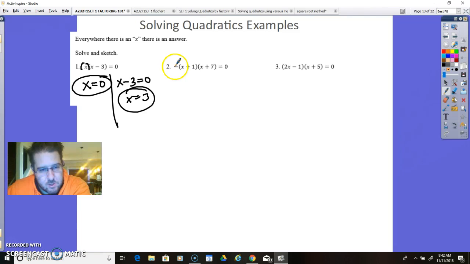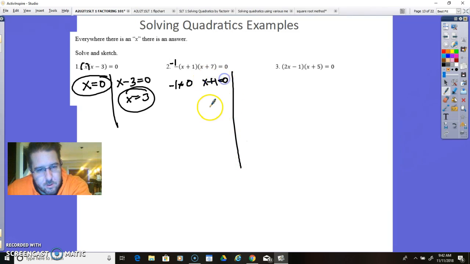Okay, same thing here. So this time you have three factors. You have a negative 1 on the outside, x plus 1 and x plus 7. Set each one equal to 0 and solve. Well, if you set negative 1 to 0, it doesn't work, and that's an imaginary answer. Set x plus 1 equals 0, it gives you negative 1, and x plus 7 equals 0, it makes x